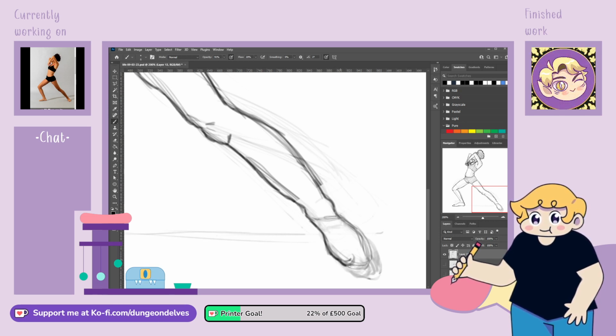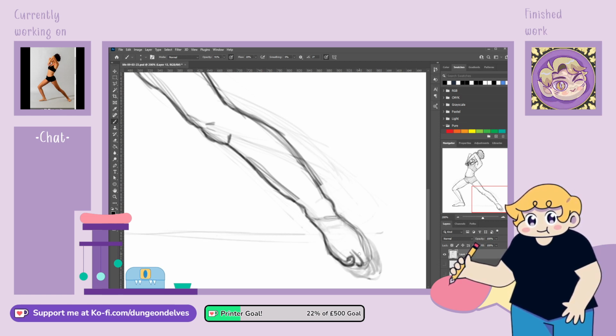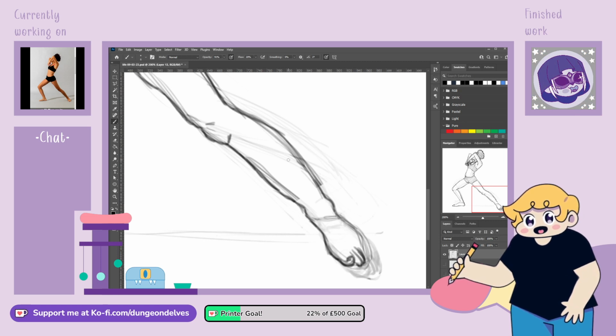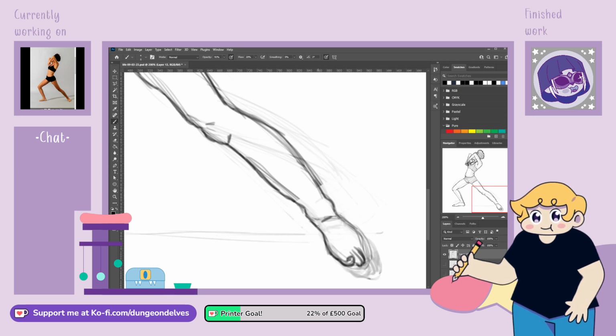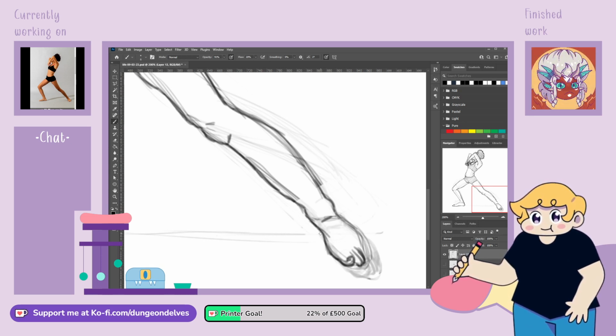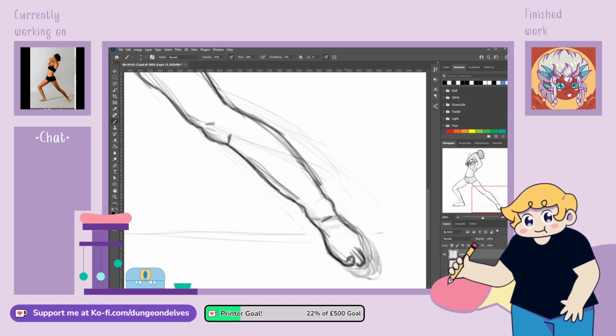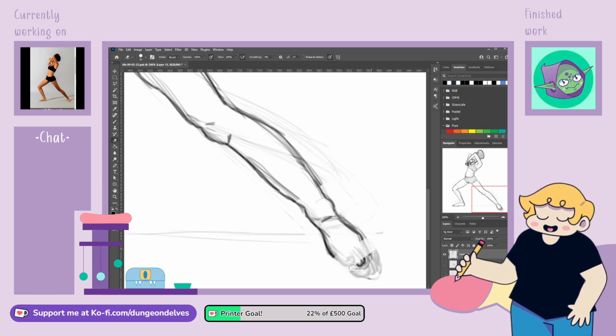Okay. Got the toe. These 2 toes. Gosh, forward feet. Forward feet, no, I don't like that. That looks weird. Why does that look weird?